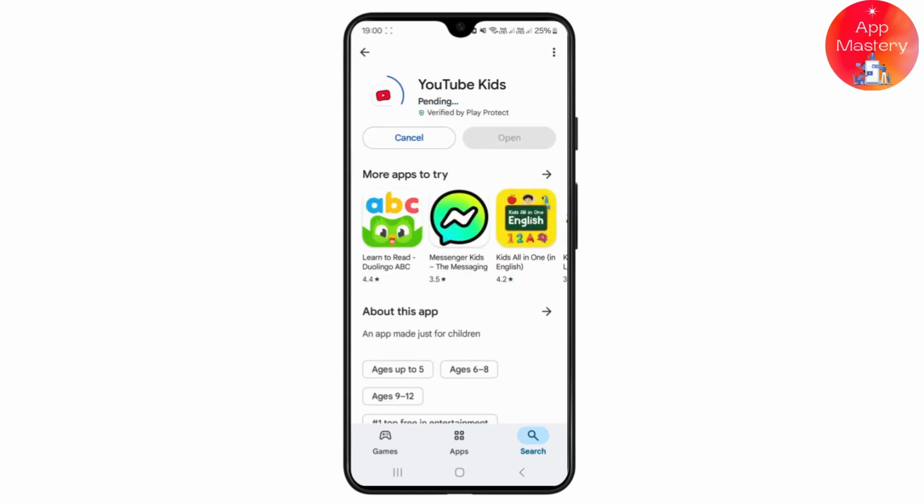So YouTube Kids is an application which is basically more preferable for your children, or if you are an adult, you can just manage these applications for your children just like this, so that they can view your children's accounts like cartoons and animes just like that. So once it gets downloaded and installed,